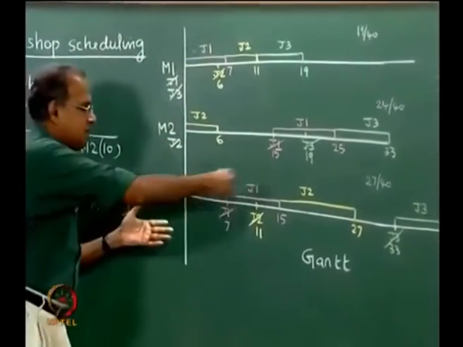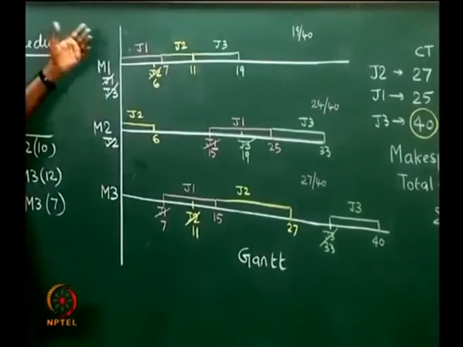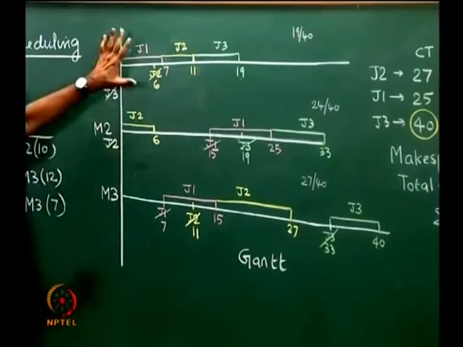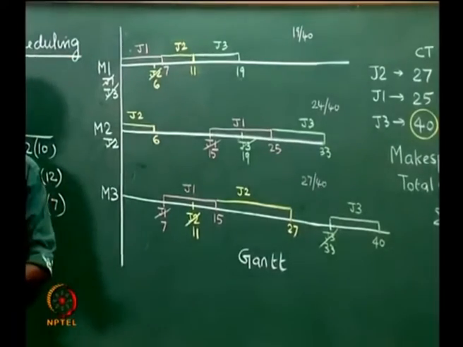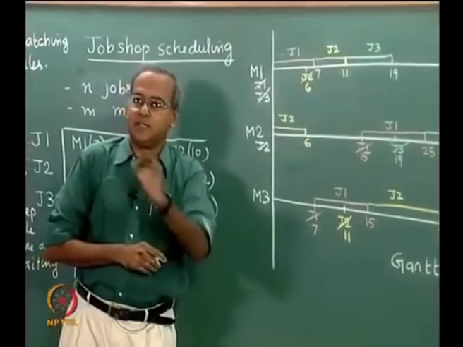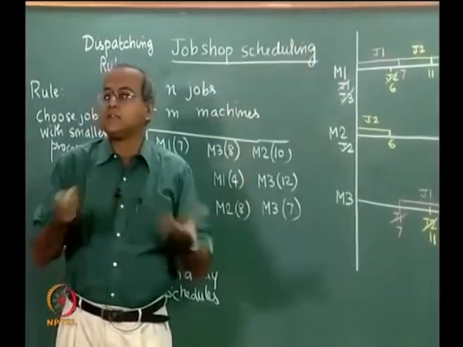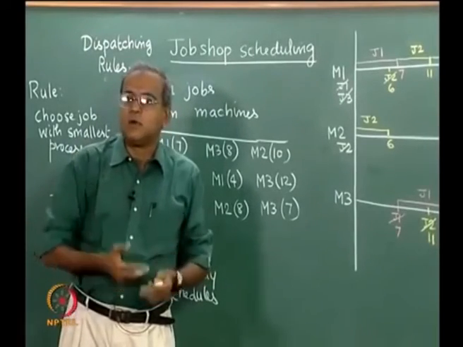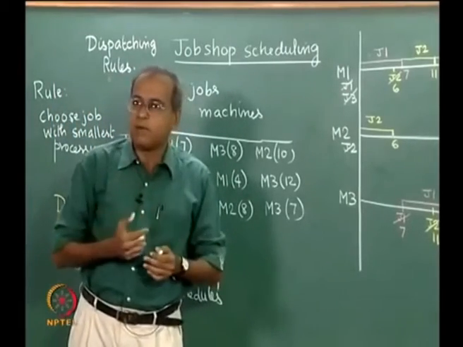Now, in this particular schedule, there is no dispatching rule on this machine, whereas if we are looking at the operator on M1, we have to tell the operator that this is your schedule. Even though J1 and J3 are coming first, you take J1 based on SPT, then you will use J2 even though it came later, and then you use J3. That is one way of explaining it. The other is to say, when you have to make a decision, choose based on the one that has the shortest processing time. So, it is extremely easy for the operator to implement.